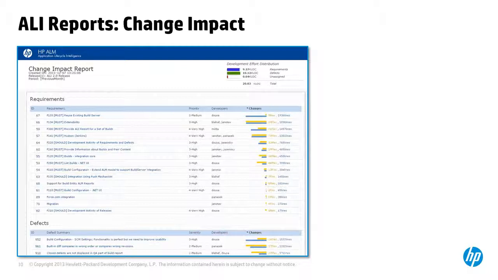Next, a similar pattern is applied and gives you information about changes in your code base to help you assess the impact of your changes. So you can see it in this change impact report. So again, information about code changes, and of course you can easily choose what is the data set, what is the code base that you would like to monitor. So typically you select a release, you can specify a set of branches, you can specify a time period, and for this time period, ALI will aggregate all the code changes and show you which defects and requirements were affected